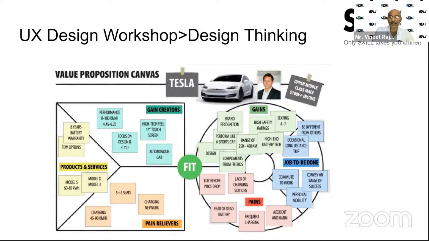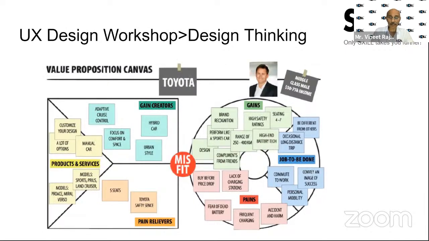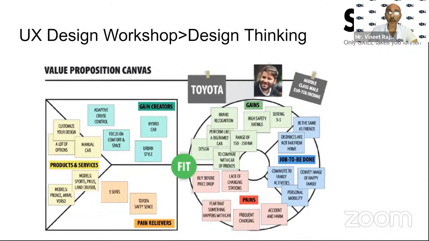So Tesla had a bigger car and more about charging and electrical. So a different customer was fit for Tesla, and a different customer was fit for Toyota. And here, this customer was not a match fit for Toyota. So now you understand what the value proposition canvas does for you. It's a very typical, very deep gain you get by creating a value proposition canvas,